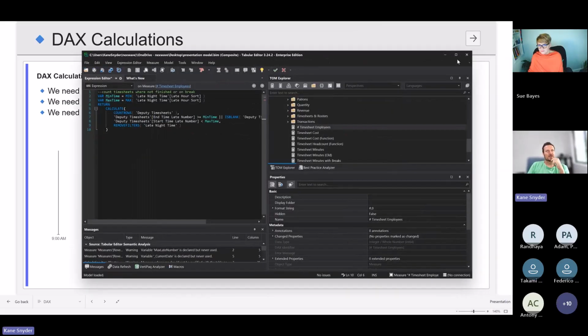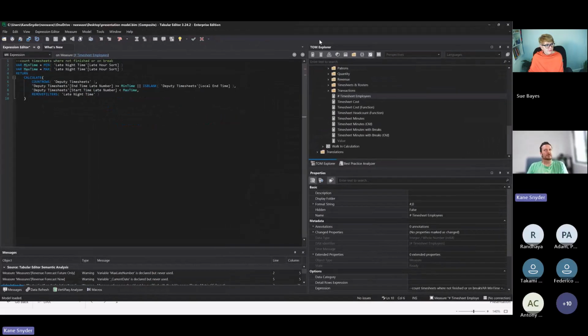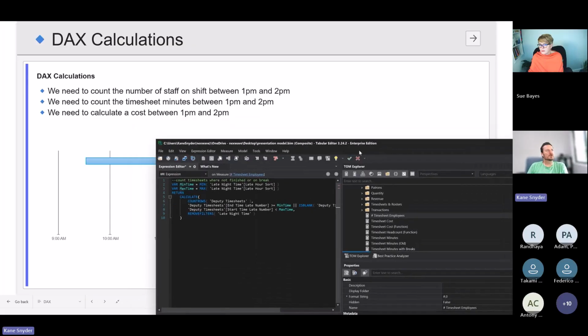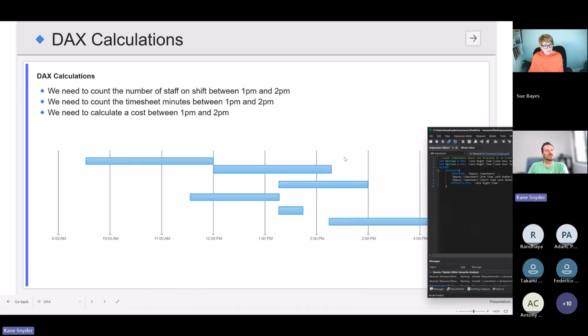So that's the first example of simple calculation. Now it gets a bit more complex. So what if we need to do the minutes? We want to count the minutes only between these two times, because at the end of the day, what we want is a chart where we have times on the axis like this, but we want a bar chart that just has minutes as we go through the time.